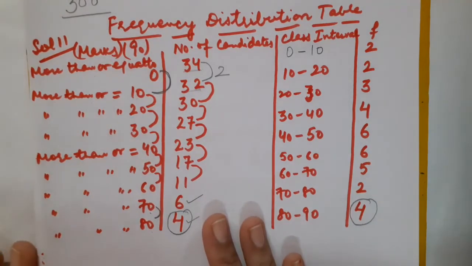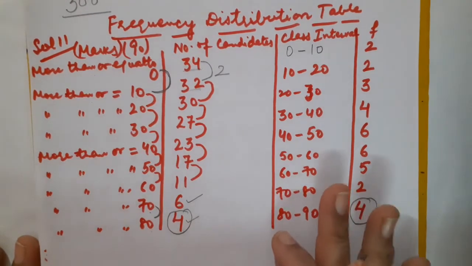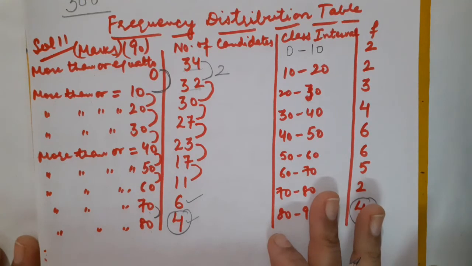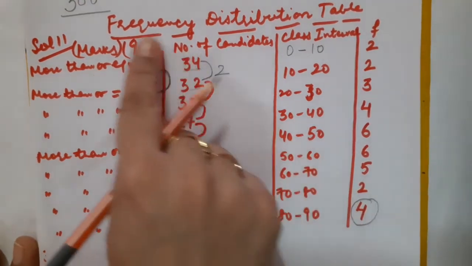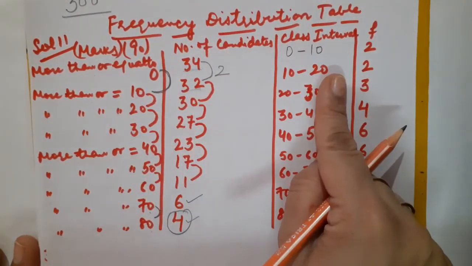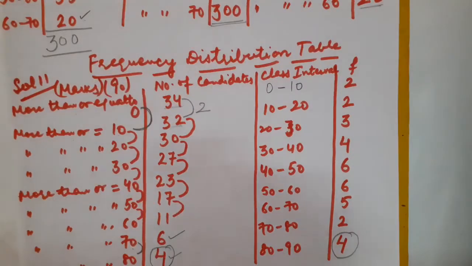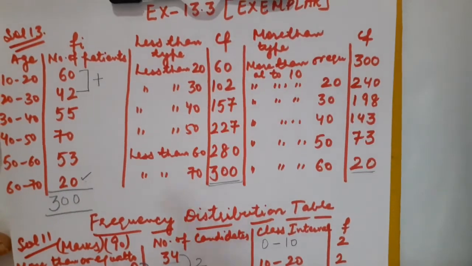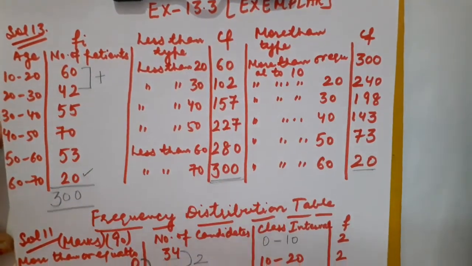And one more thing I want to tell you, that median you cannot calculate if you will be having more than type given, until or unless you are going to calculate less than type. Suppose here you will be having more than type given. So you made frequency distribution table calculating Ci as well as frequency. Now using this class interval and frequency, you are supposed to make less than type table. Okay, then and only then you can calculate median.